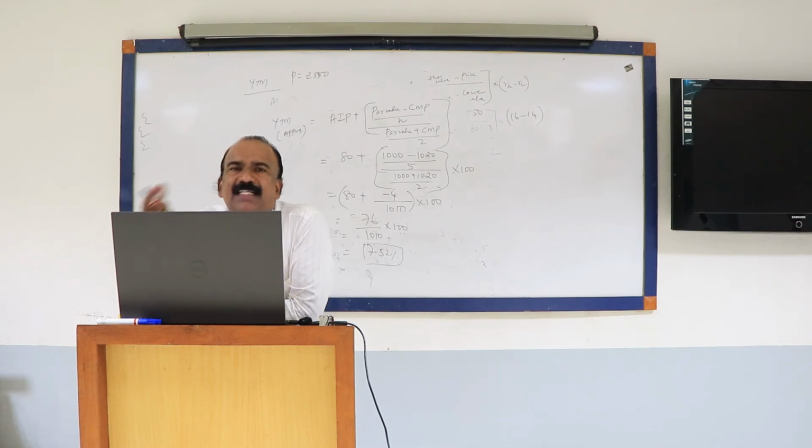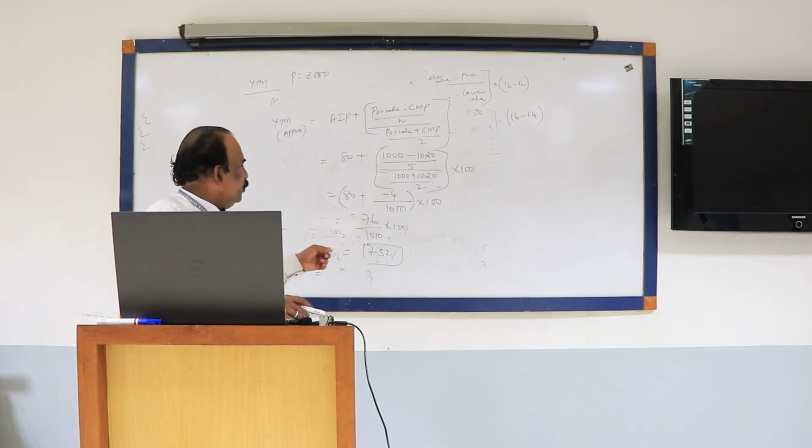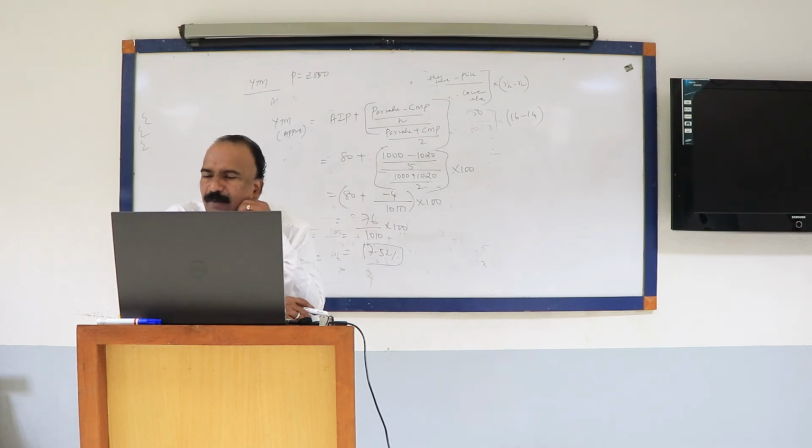Because they are giving a little higher weightage for price, but the equation that we are following uses equal weightage, 50-50. That's why we are dividing it by 2. So there is 0.5 into 1020 plus 0.5 into 1000. But what is given here is 0.6, a little higher weightage for the price. All of you got it? So you can use any equation, no problem. You will get more or less the same answer. Here we are getting 7.52. There they are using 7.51 because the weightage for the price is a little higher.